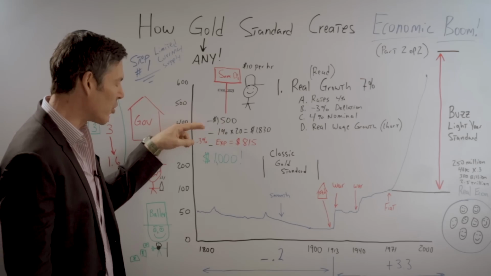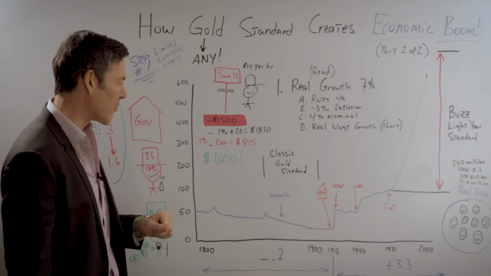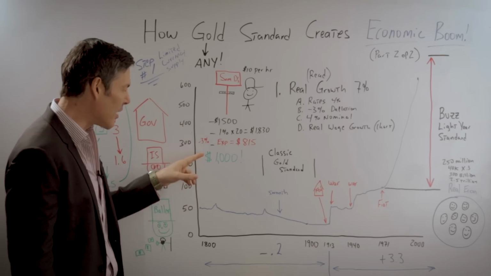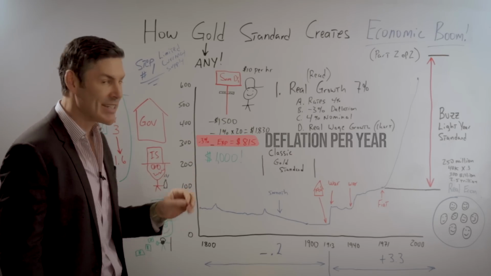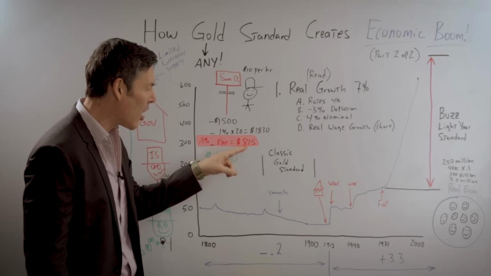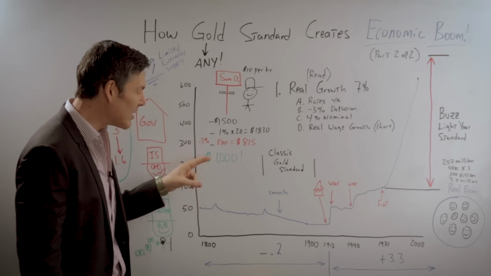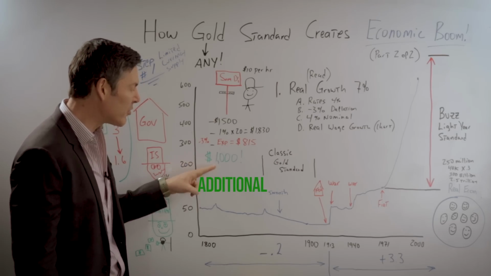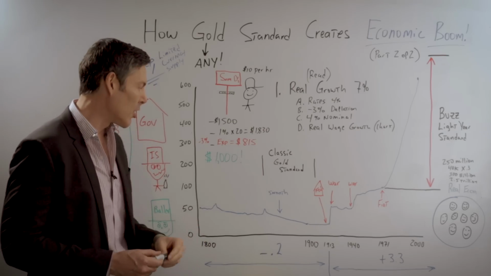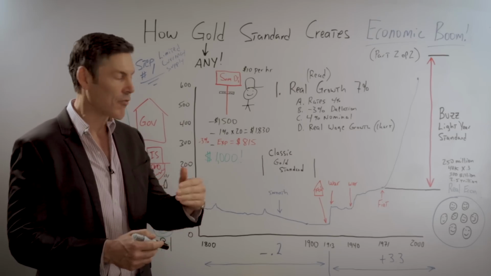That may not sound like a big wage increase, but let's not forget about your expenses. Assuming that when you started, you were at a break even, your expenses were also $1,500 a month. At the end of that 20-year period, because we had a 3% deflation per year, your expenses would only be $815 a month. You would have an additional $1,000 left over to put into your back pocket, which of course would gain even more value year after year